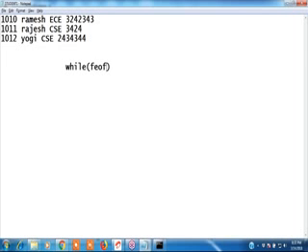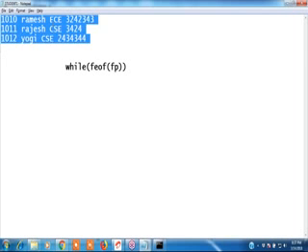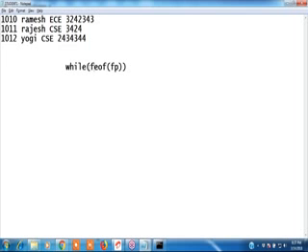This is fscanf with the same fp. First write these records. How to read this data from the file? You should use not-equal-to EOF. Why? Because if it is not pointing to the EOF character, then how to read? One by one, I want to read with fscanf, whichever value I want to read from that file.